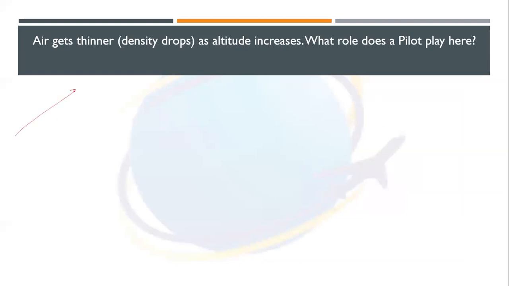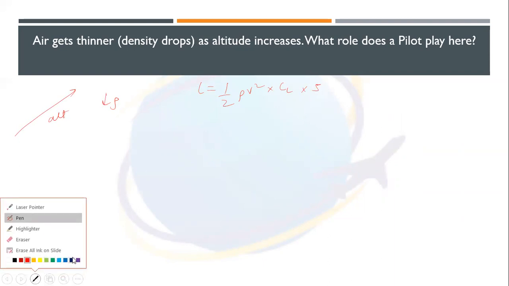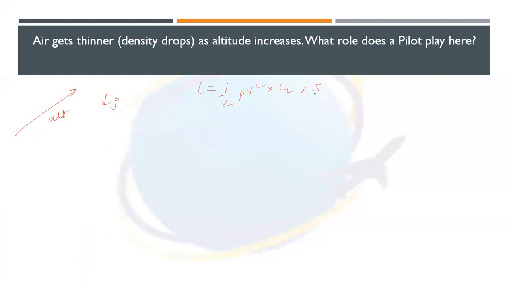When we are climbing up the altitude, one thing which is dropping is the density. Because the density is dropping and we have the formula half rho v square CL S, what options do we have? Let's exclude the options first. We cannot physically increase the surface area of the wing. Check. CL, why will you increase the angle of attack more when you are already climbing? Check. Density is the portion which is decreasing, so we can't increase that. We are left with only one option, which is velocity. That is how you eliminate the options in the exams also. Velocity is the answer. All right.